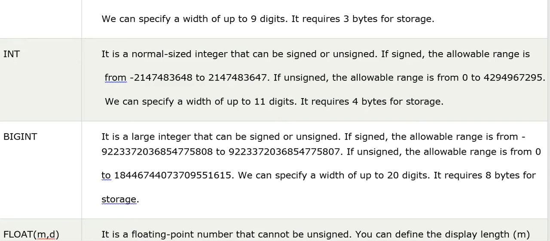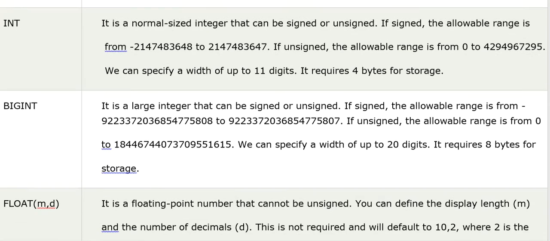If unsigned, the allowable range is from 0 to 18446744073709551615. We can specify a width of up to 20 digits. If you want to store a very big number, you can go with big int, where we can store a 20-digit value. It requires 8 bytes of storage in memory.